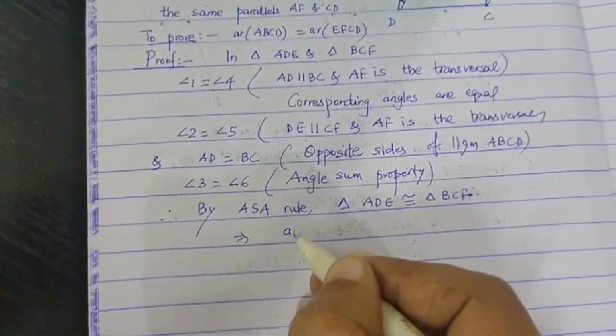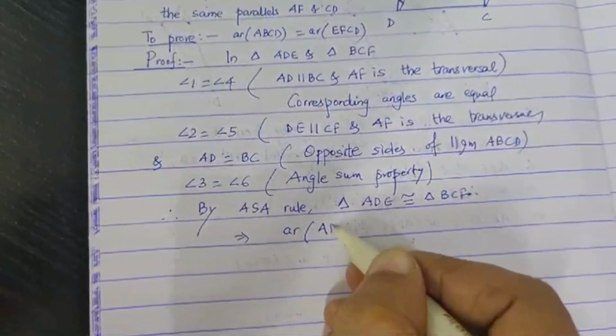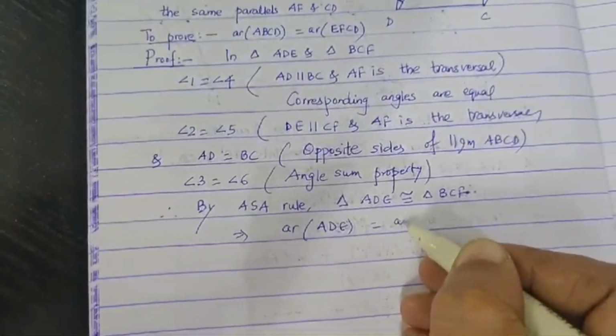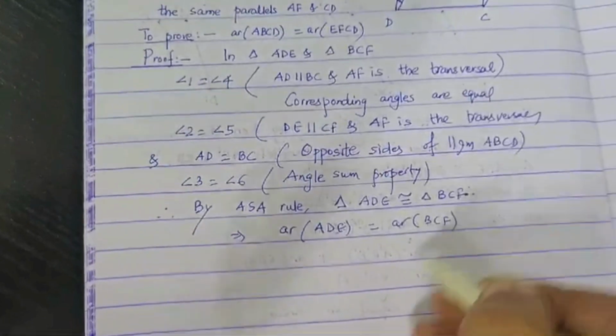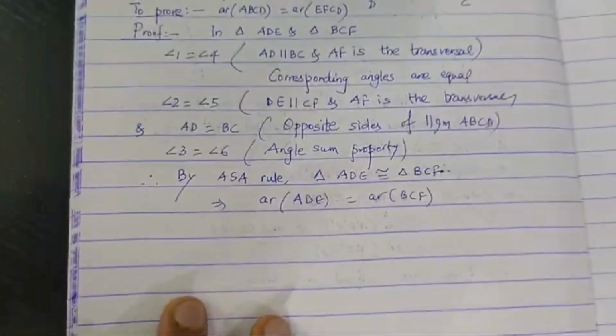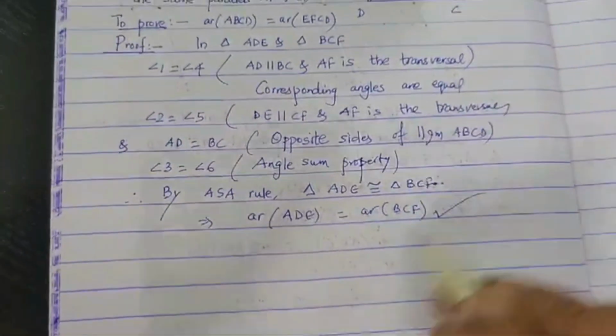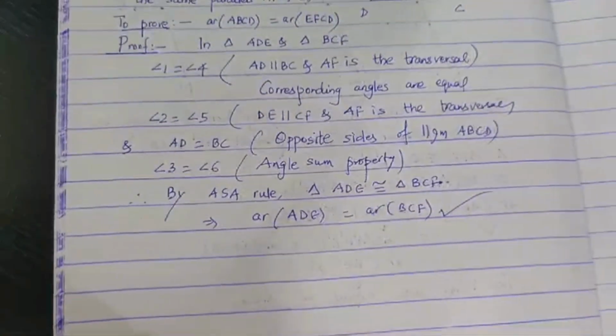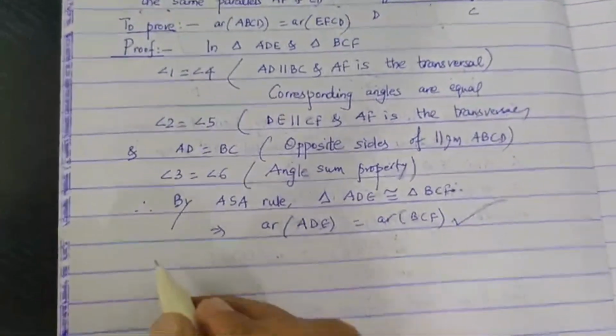This implies area ADE is equal to area BCF. Since the two triangles are congruent, the areas are equal. We have seen it in lecture 1. Okay. Now,